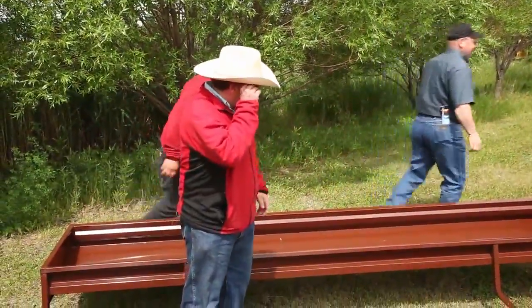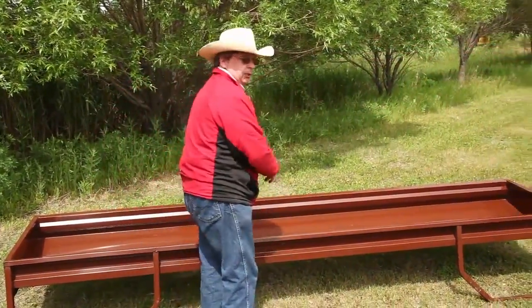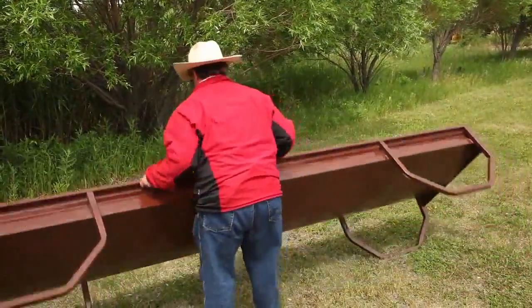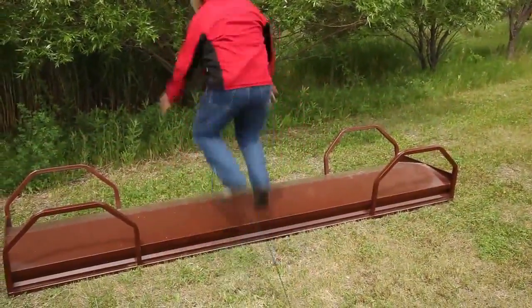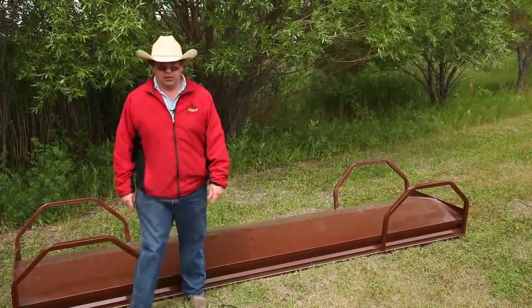One final thing to show, again, that shows you how it can take a lot of weight from the inside. But one other thing we like to demonstrate. I challenge you to do that with your